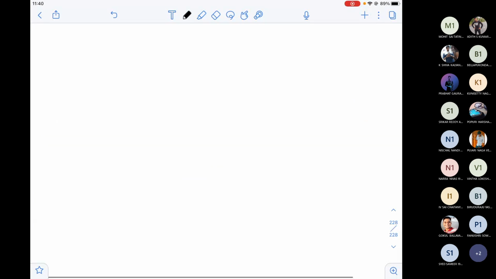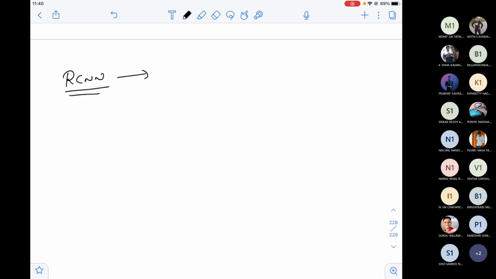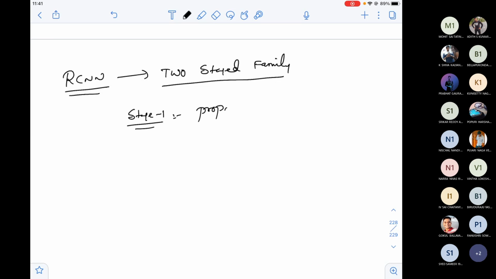The drawback is that the RCNN family is a two-staged family of object detection. That means it has to follow two stages. Stage 1 basically is to propose boxes, where you have seen the RPN, for example, proposing boxes.